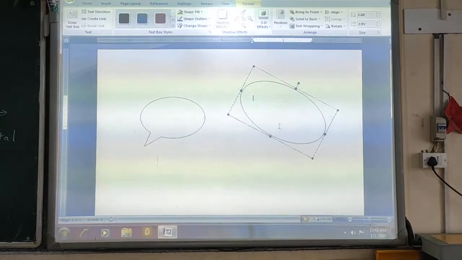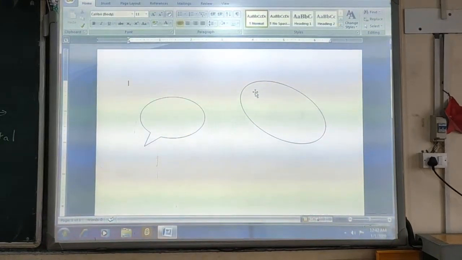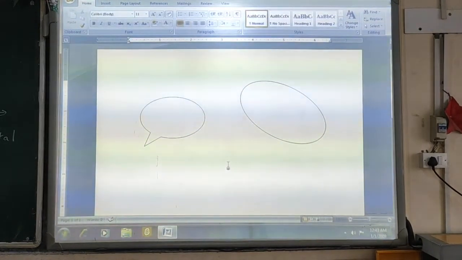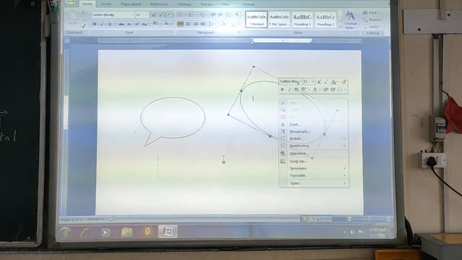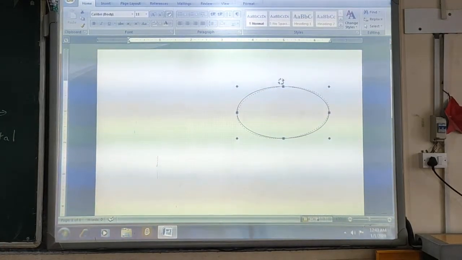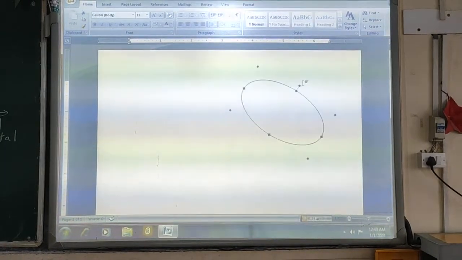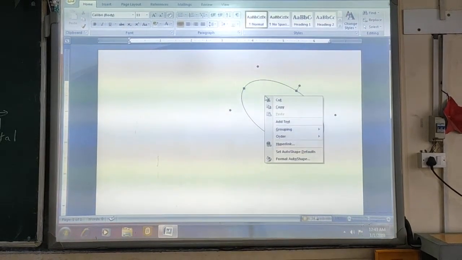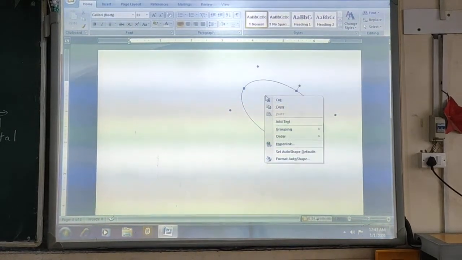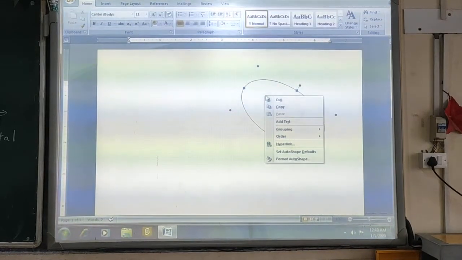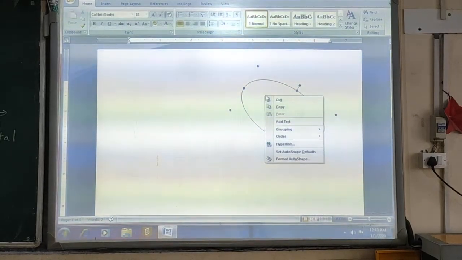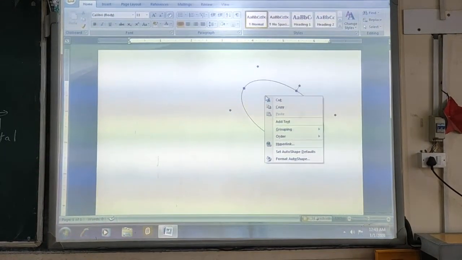You can see a context menu is open, and in this context menu you will get the option of add text.